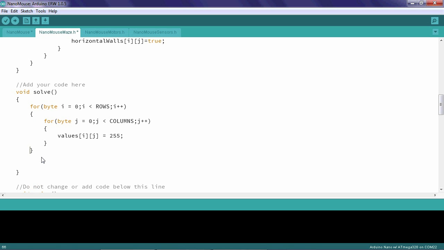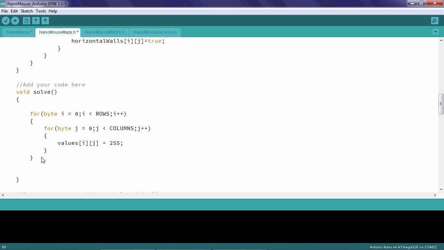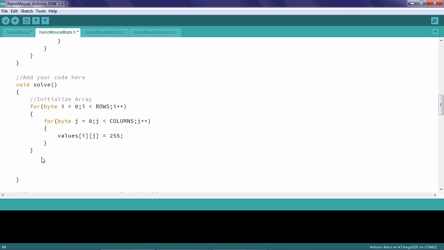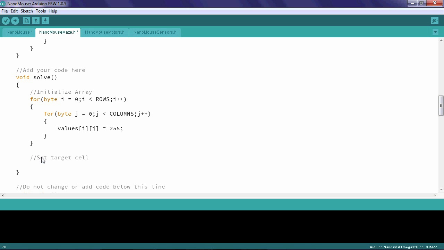And I'm going to go ahead and add a little comment up here because this is going to get fairly complicated. Initialize array. I want to be able to remember what each line does. The next thing I'm going to put here is a note that says set target cell. And to do that, I'm going to set the value arrays